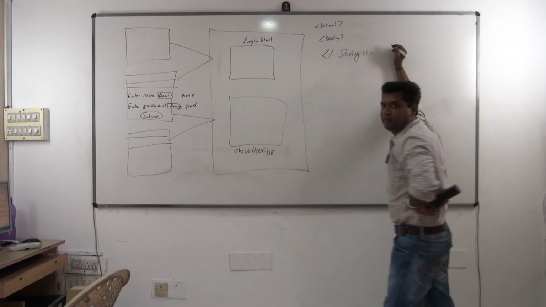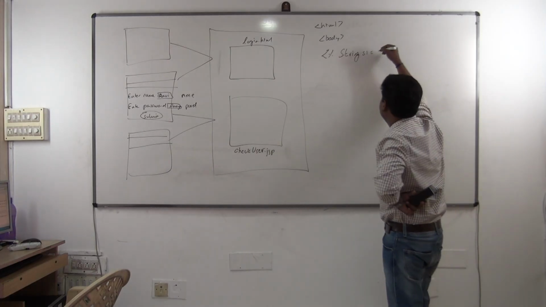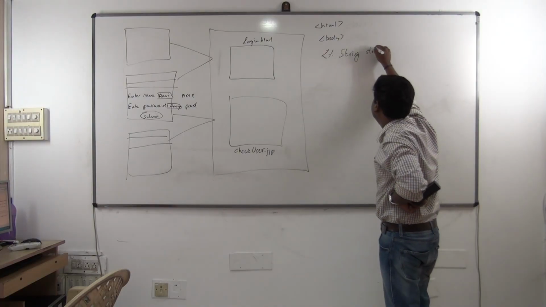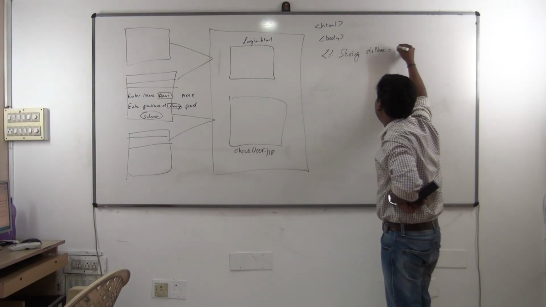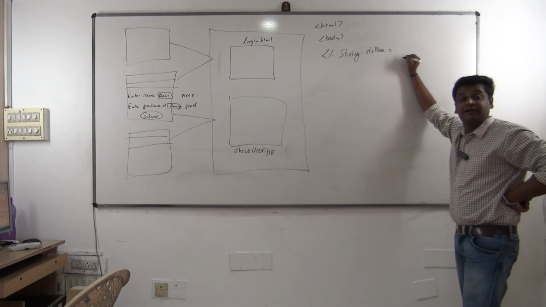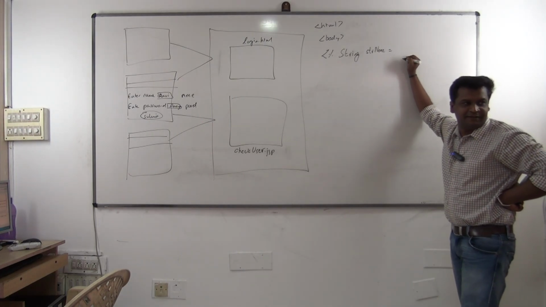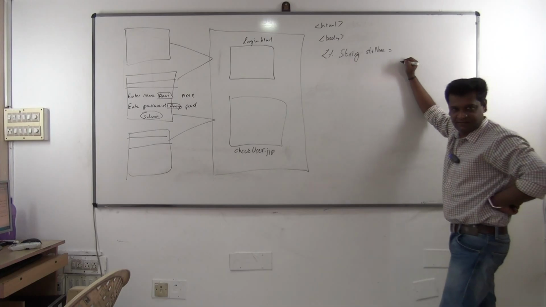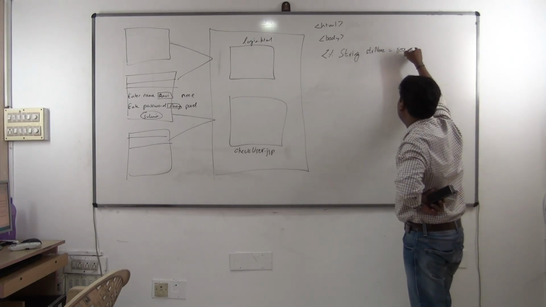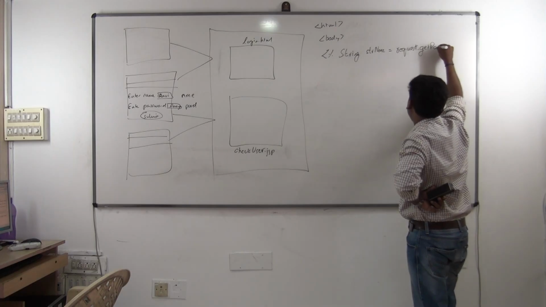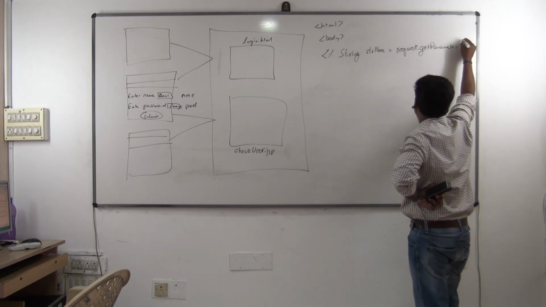strname. Strname is equal to what will you write? Is equal to request.getParameter. Now you have to use implicit objects. Yes or no? Which implicit objects? There are 8 implicit objects. So I'll use the request implicit object. Correct? See how we start using request. Only you have to use dot getParameter, this method now, of